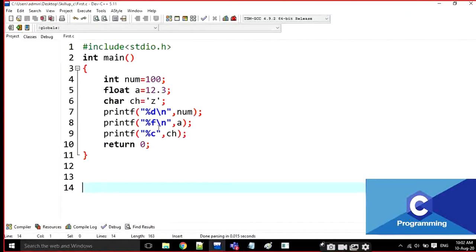Note down everyone how I am going to print all the values. The 3 different core data types: int, float, char. a is equal to 12.3, char ch is equal to z. I am going to print like this. Just note down, everyone. Maintain one notebook, and what I am teaching here, just note it down. What is the basic structure of C program? And what are the core data types? And how do I write the printf statement? And what are the access specifiers? And what is the size of the data types? And write the main program.